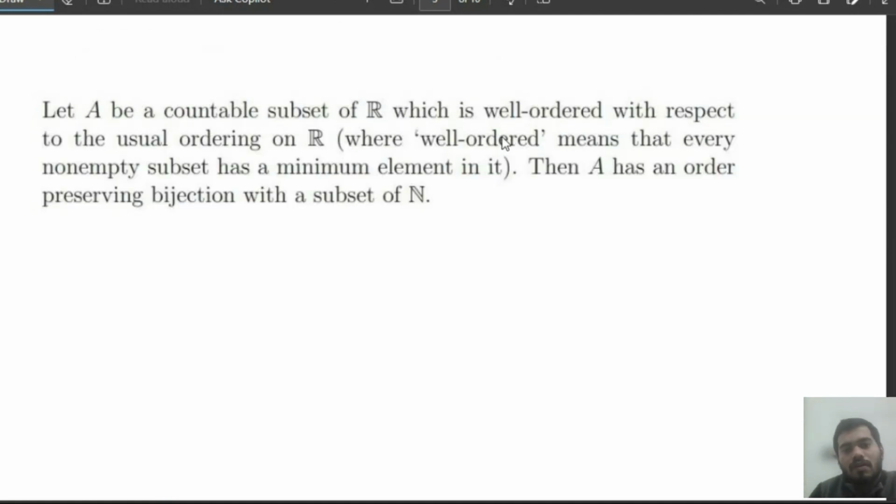So then they are asking that A has an order preserving map. What does order preserving mean? That if x1 is less than or equal to x2, then f(x1) is less than or equal to f(x2), where less than or equal to denotes the order, which can be defined anywhere. So this is what order preserving means. So they want an order preserving map which is a bijection. Can we have it, or can we not? Can we have a counterexample? Any guesses?